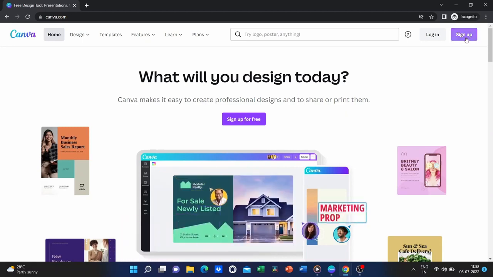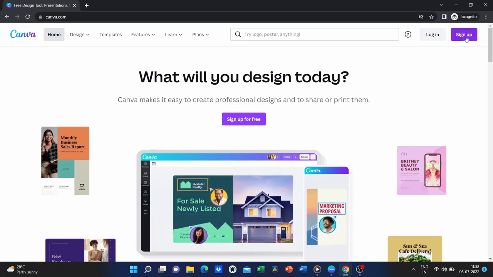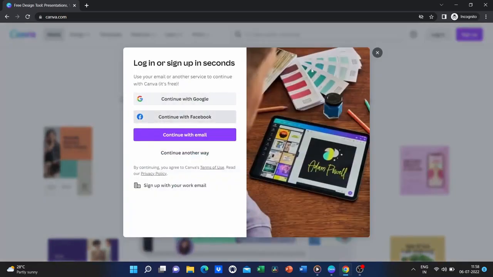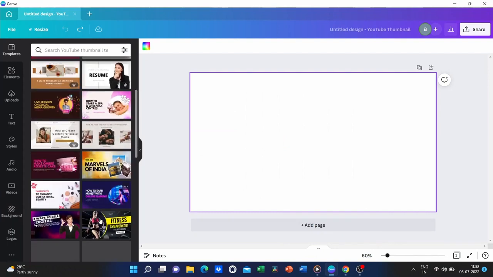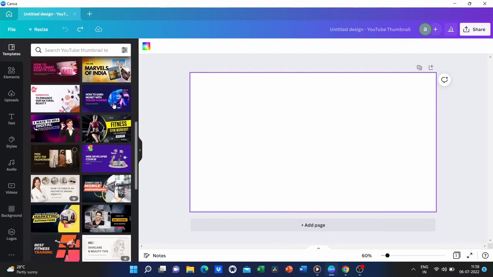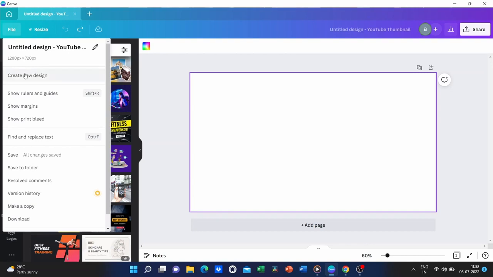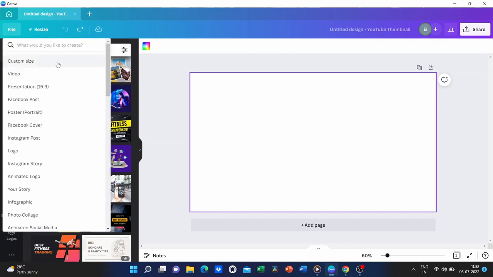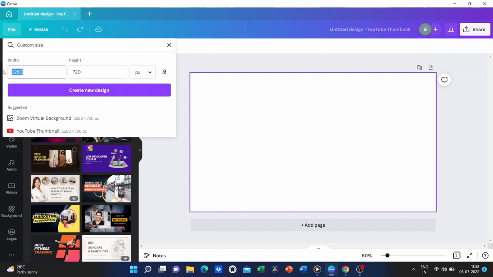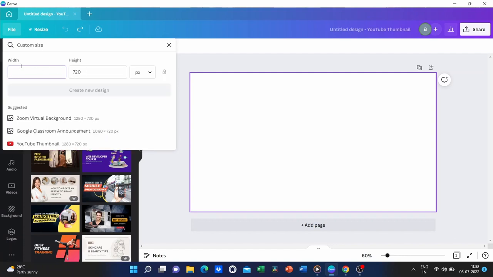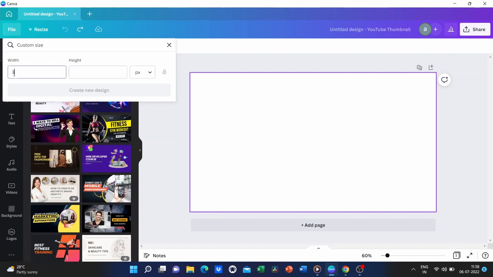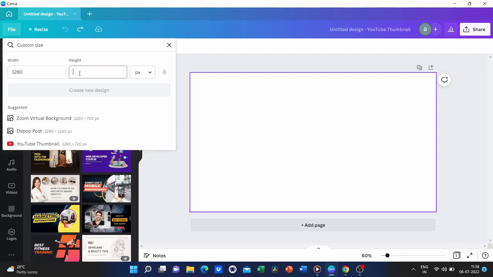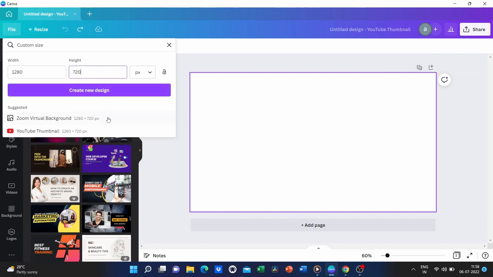So the first thing you want to do is go on canva.com and click on sign up to create your free account. Once you've created your account, you'll notice that you'll be offered a variety of templates to work with. We'll go to File and make a fresh design. Now, we'll be using custom dimensions, but as you can see, you may choose from a range of different templates. And we'll generate a thumbnail with a width of 1280 and a height of 720. And then we'll click on Create a Design.